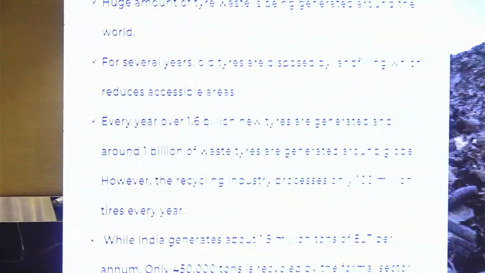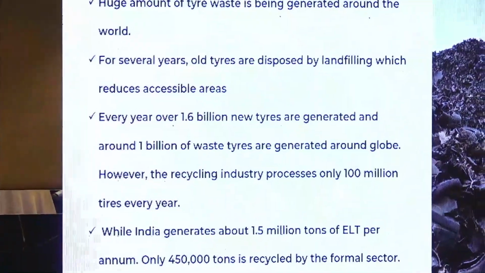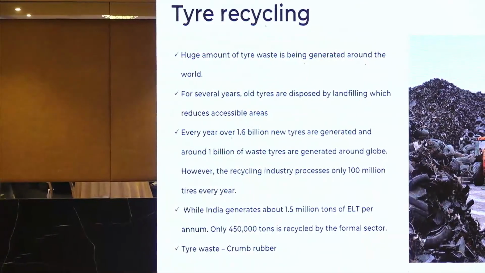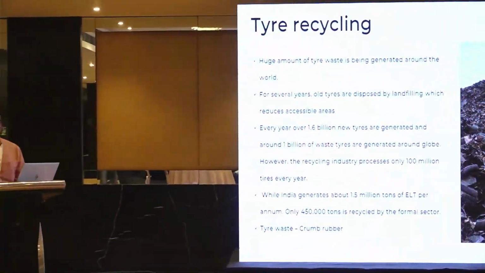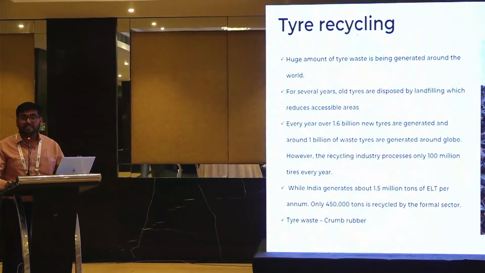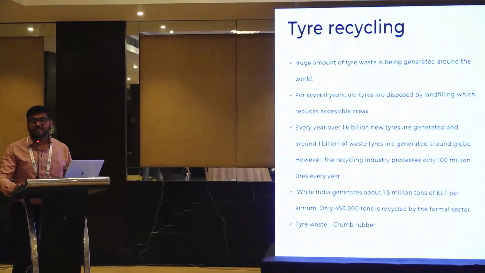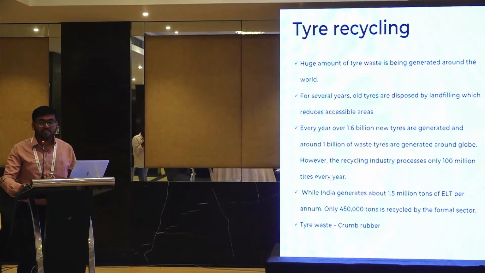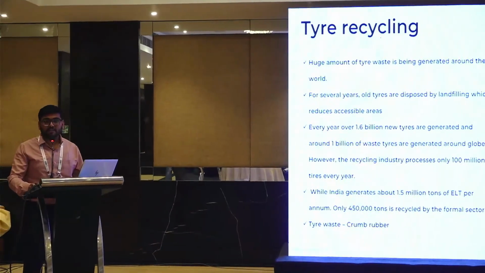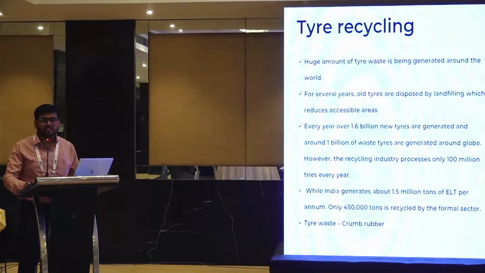Looking at the availability of crumb rubber in India, there is a huge amount of tire waste being generated in Indian conditions as well as worldwide. Looking at the global perspective, around 1.6 billion new tires are produced every year, and out of which around 1 billion are being generated as waste tires. But the recycling capacity is not as high as the generation of waste tires, where recycling is hardly 10%. Coming to the Indian scenario, every year we have waste tire generation of around 15 lakh tonnes, out of which the formal recycling